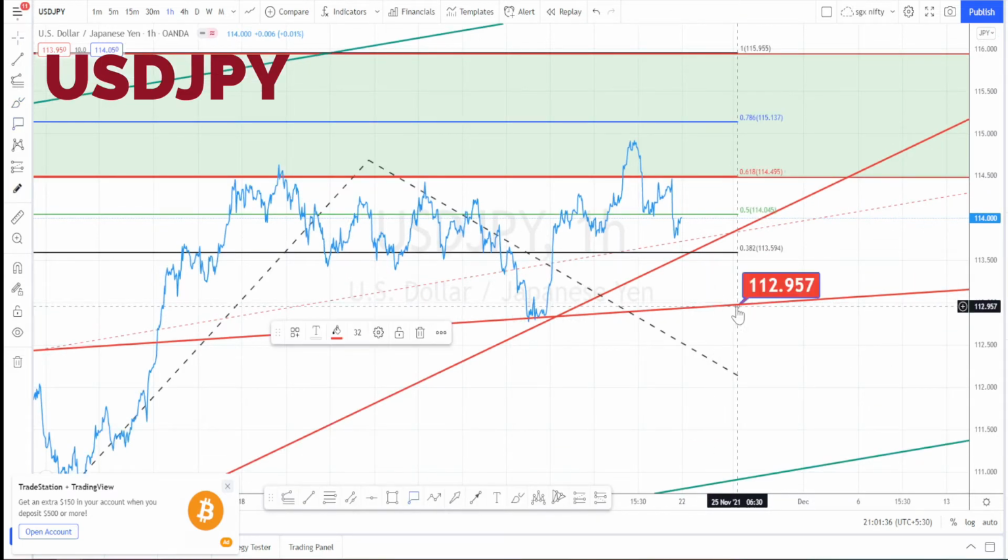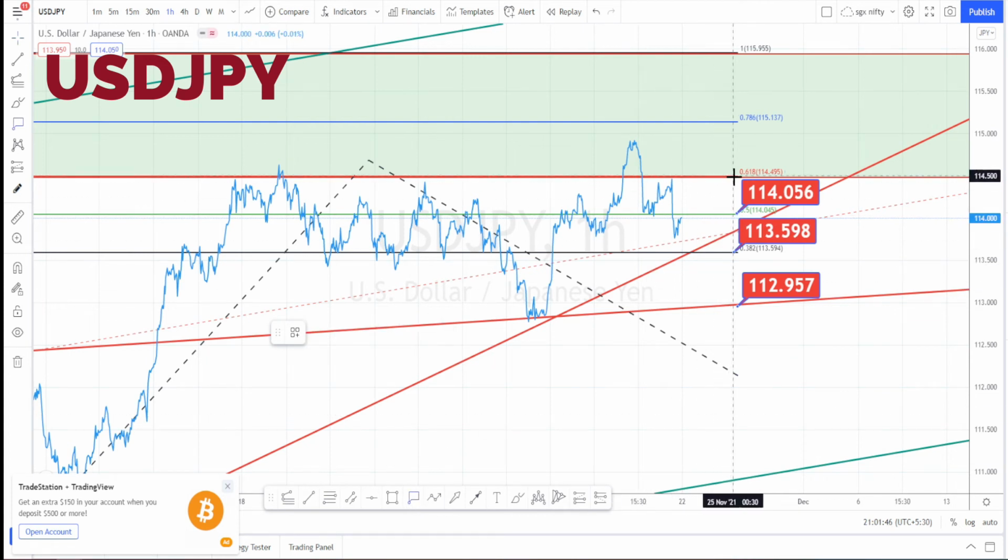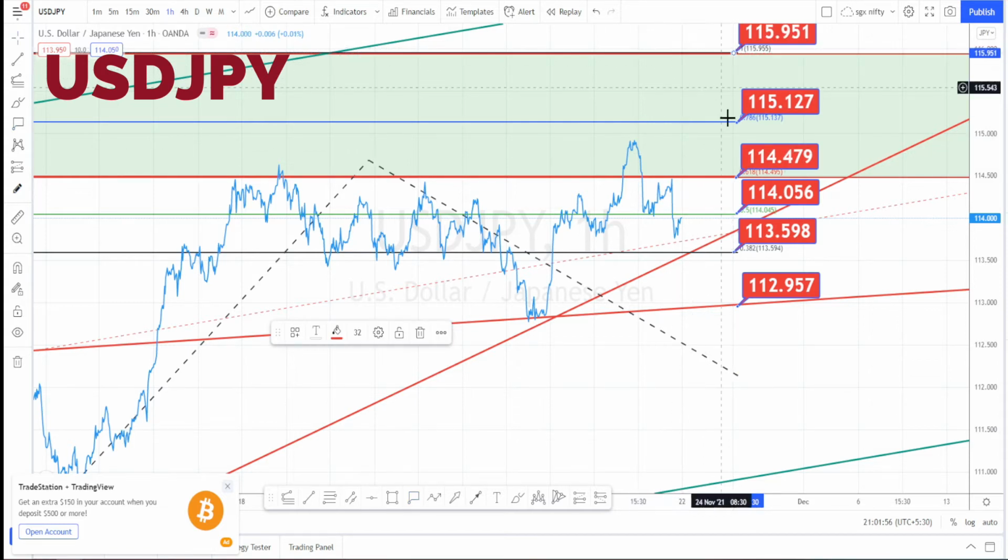This is going to be the bottommost support. Next level of support is going to be here, and next resistance is going to be here, and present resistance is also over here, and next resistance is going to be here, and next resistance is going to be at the topmost level of this resistance level, green color resistance level. I am expecting a range bound market or a bullish trend to start.